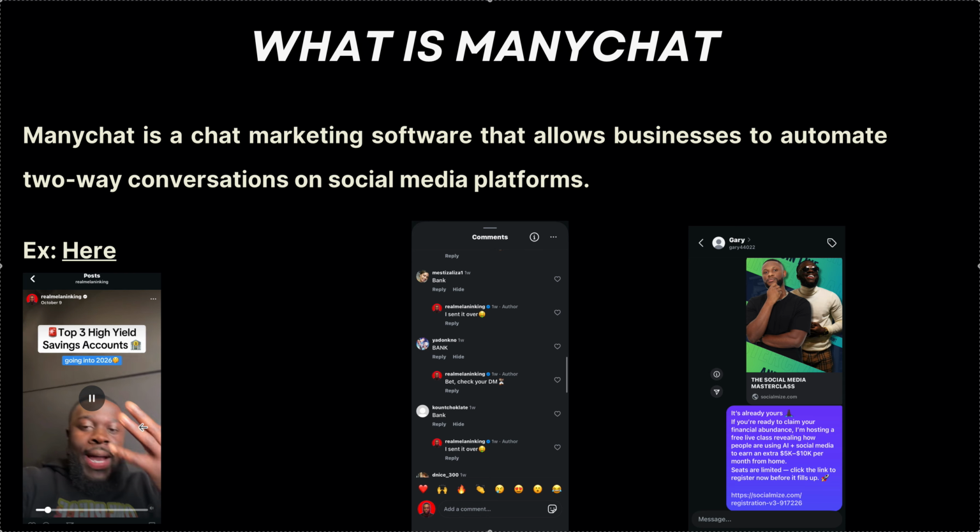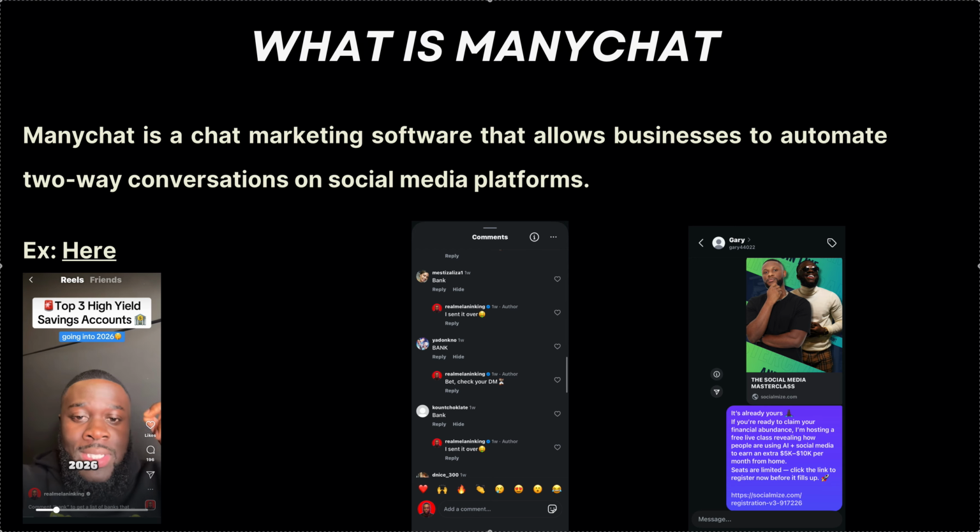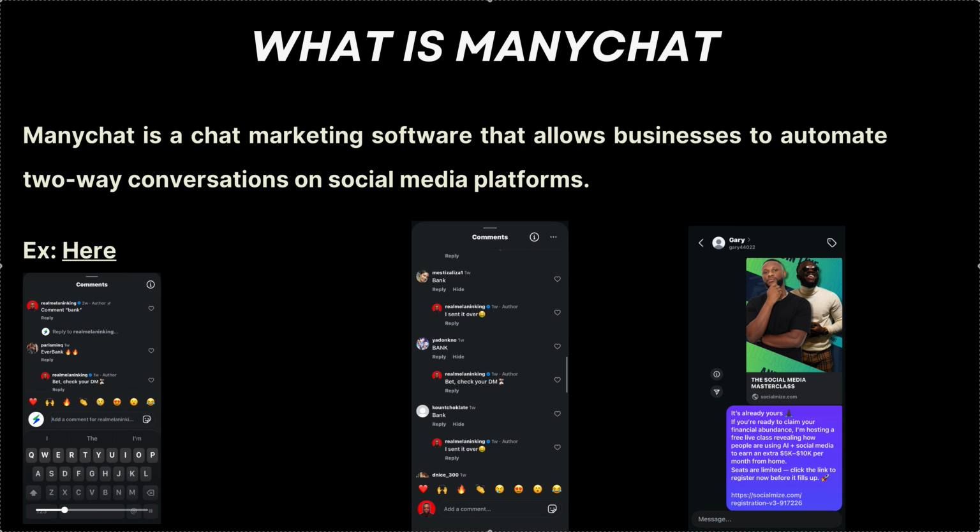These are the top 3 high yield savings accounts I recommend going into 2026. And if you don't have one, I highly... All right, so here I'll comment bank, and then literally within a